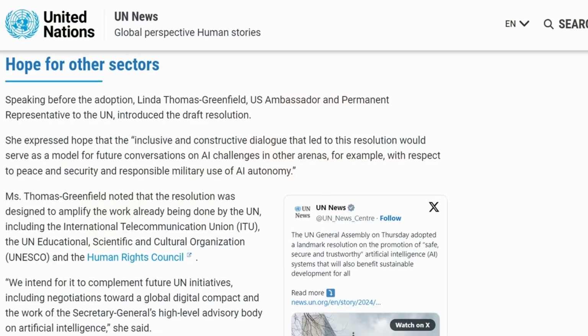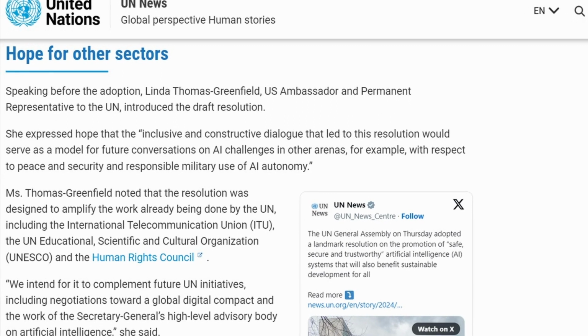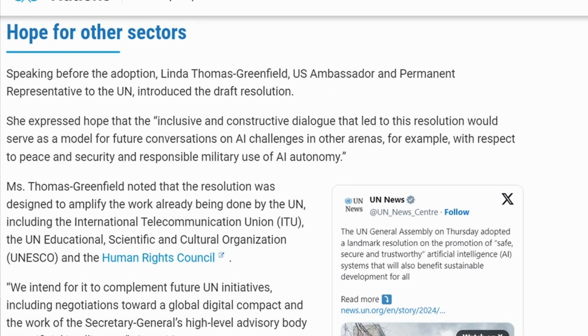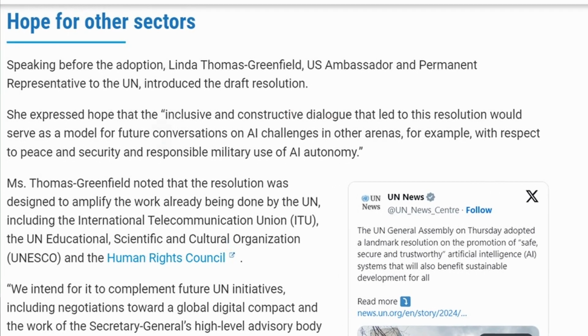Another big part of this resolution on AI deals with having this resolution work as a model for other AI resolutions, especially when it comes to trying to establish peace and limit the fighting that's occurring throughout the world, especially with the use of AI in military applications. So this brings that out and talks about how there needs to be lots of ethical considerations associated with autonomous use of AI in different types of weapons or different types of military deployments.